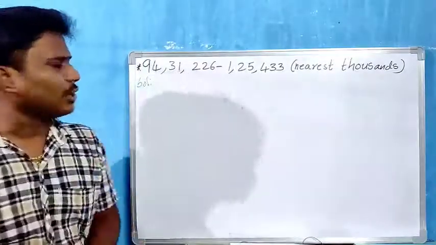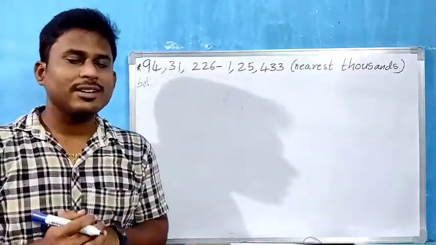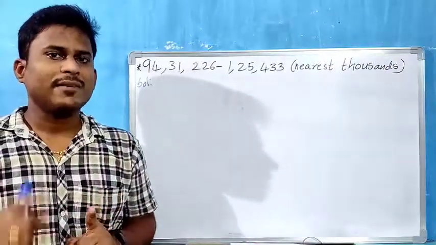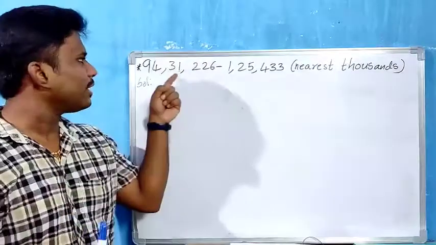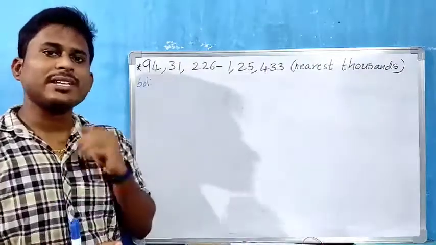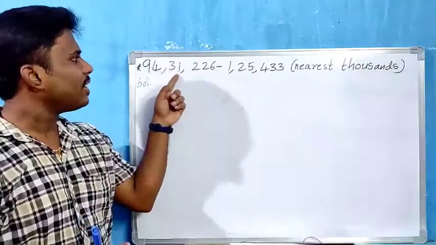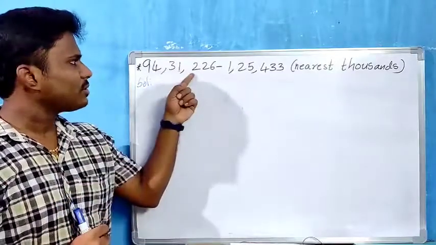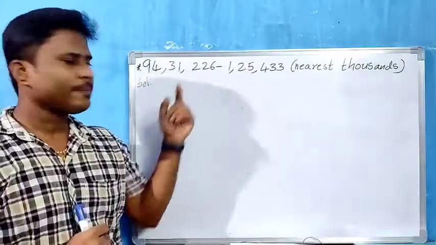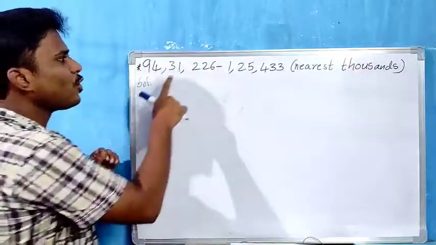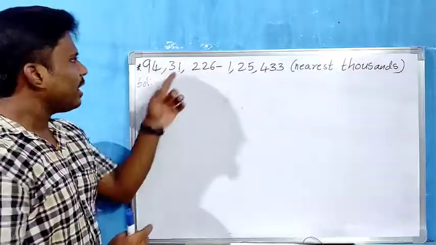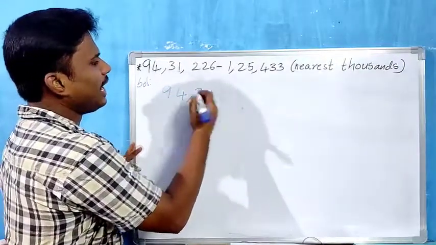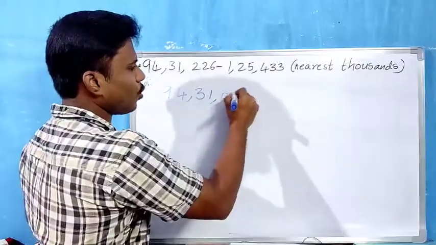When we are rounding to the thousands, we have to look at the right side digit, that is the hundreds place, children. In that hundreds place, if it is 5 or more, then we have to increase the thousands place by 1. If it is less than 5, then the thousands place stays as it is, and the right side digits become zeros, children. Now see here, it is 2, that means less than 5. So here we need not increase any number, and all the left side places you have to copy as they are, and these 3 digits are 0.